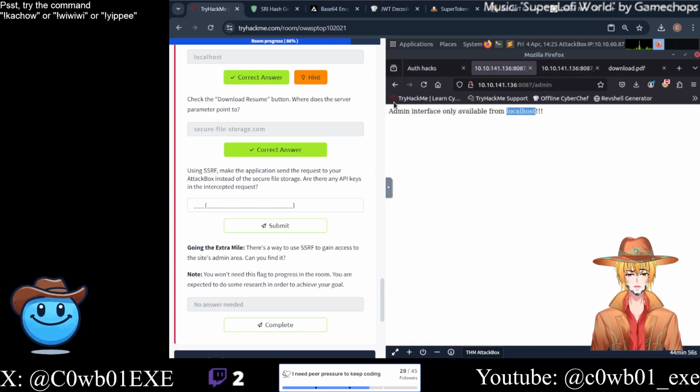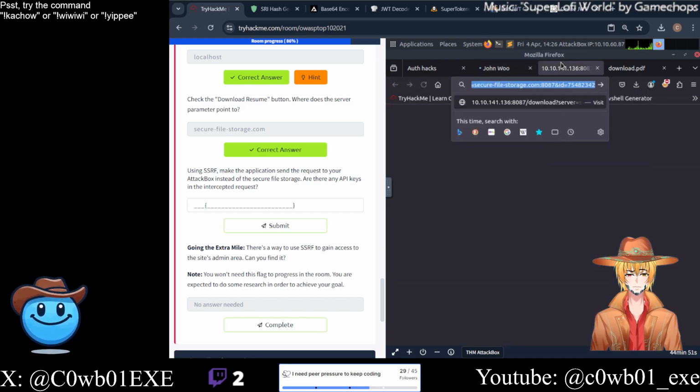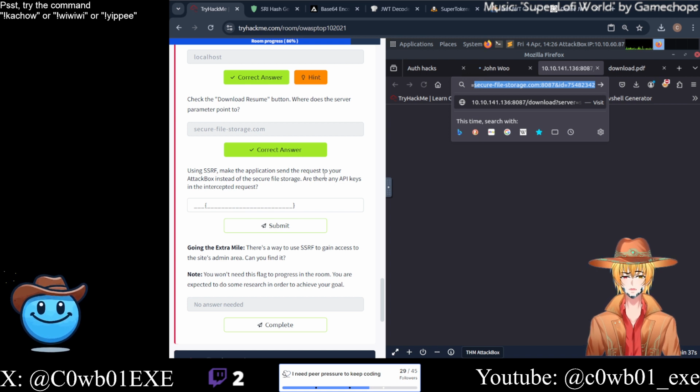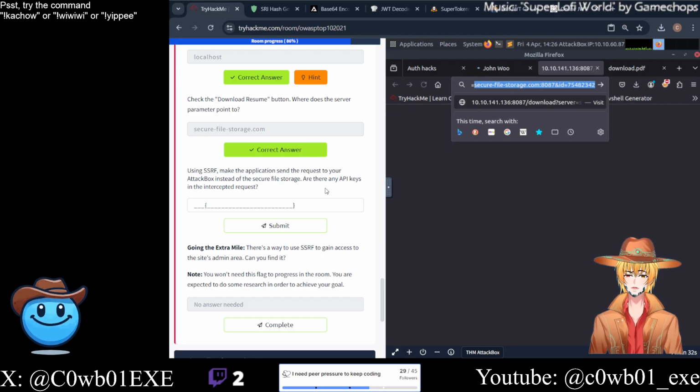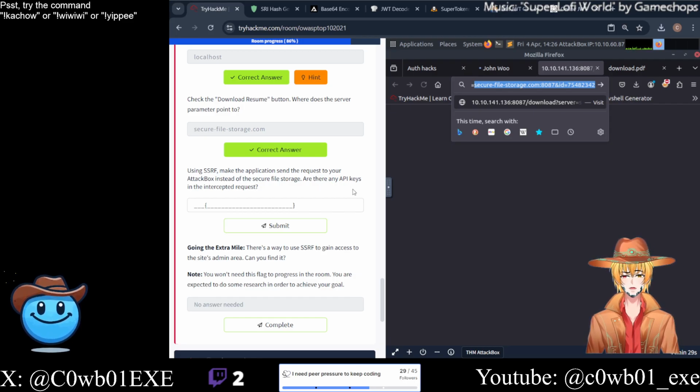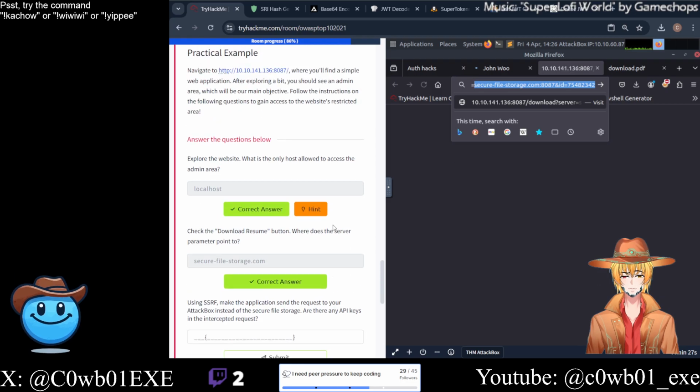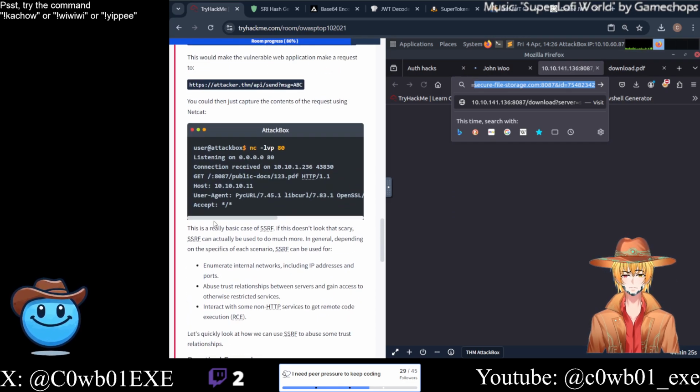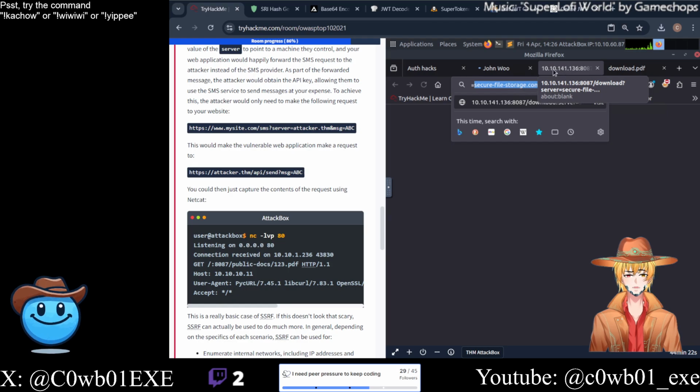That's our other task. So I think if we abuse this, so instead of saying secure file storage.com, blah, blah, blah. Well, let's focus on our main goal. Make the application send the request to your attack box instead of the secure file storage. Are there any API keys in the intercepted request? All right. So we have